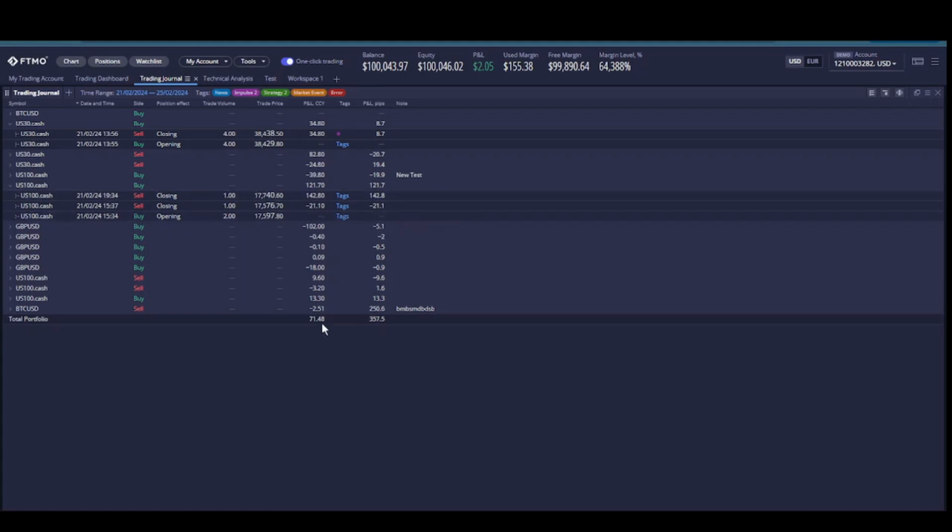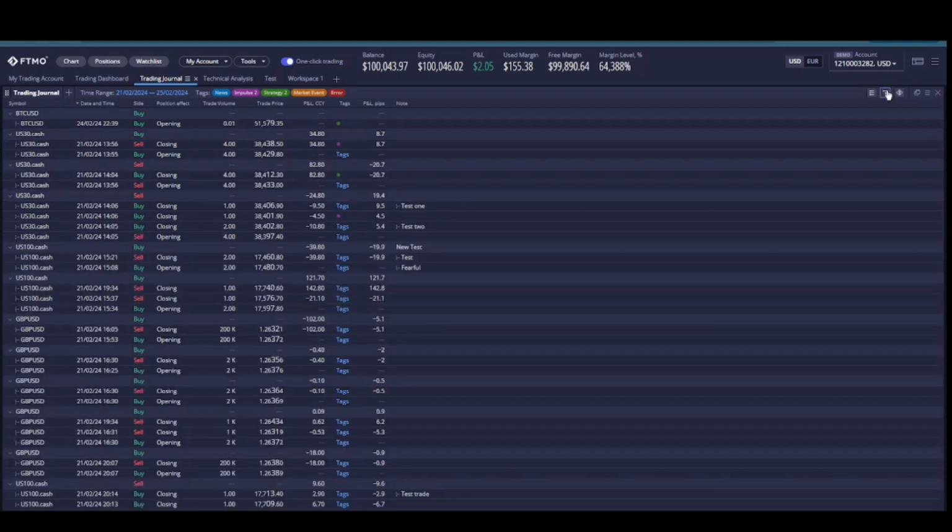At the bottom you can see total P&L and total number of pips. So next option is here to expand all positions. Click on that. So in this way you can see the expanded view here. You can see the time when you executed the trade, time when you closed the trade. And the last option that we're going to talk about is column customizations.